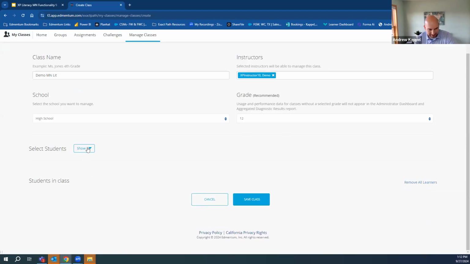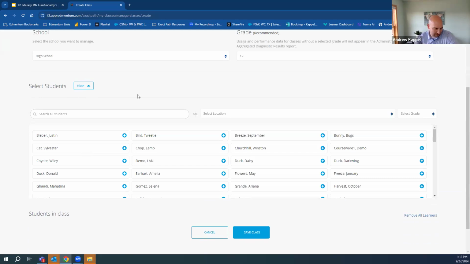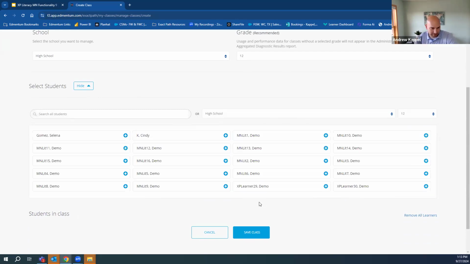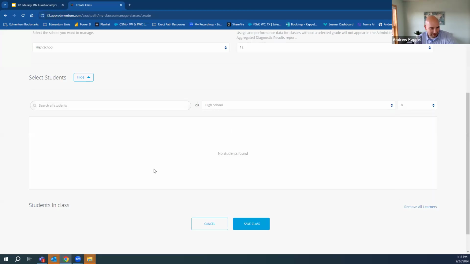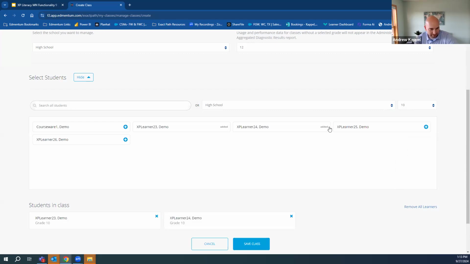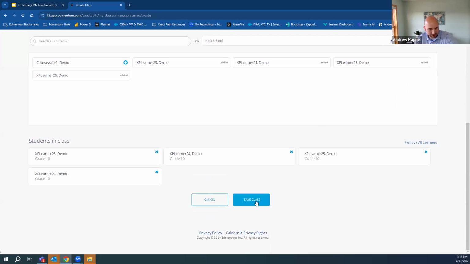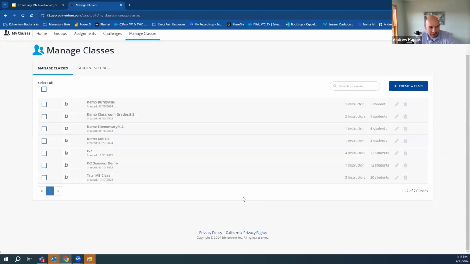Once there, you'll scroll down to student selection. It may be hidden. Just know there's a tab there if it is hidden that you can open. And then from here, you'll select your location again, your ABE program, and select your grade. So hopefully everybody's in 12th grade there. And then you can start putting those learners in as students if you want. Let me see if I've got any here. So we've got a couple learners here. We would just add those students here, the ones that we want. I don't want the courseware demo student because we're in exact path, and we'd save it and we're good to go. Once that's created, you'll see that class show up here and it will show your created date as well, so you can track when that was created.